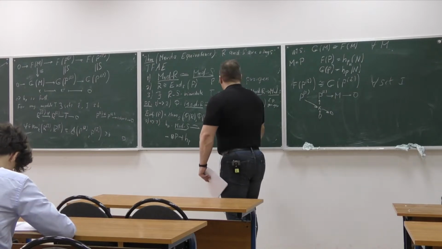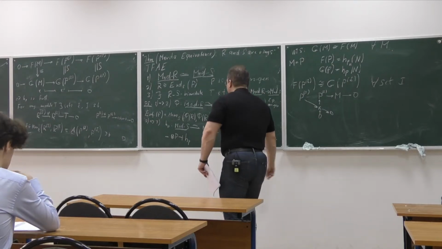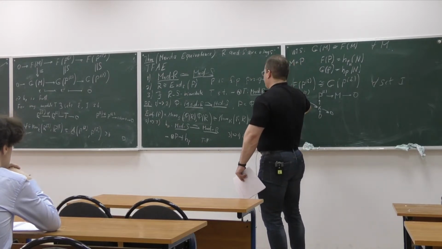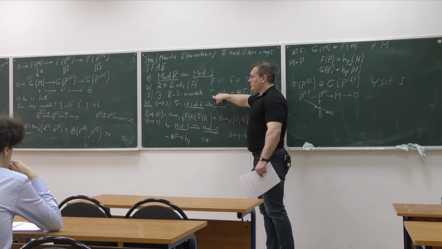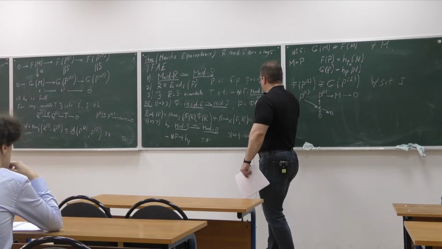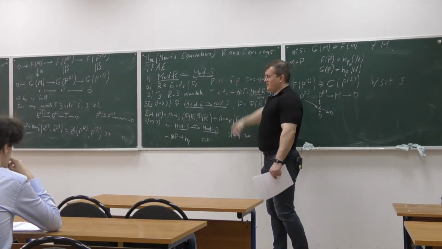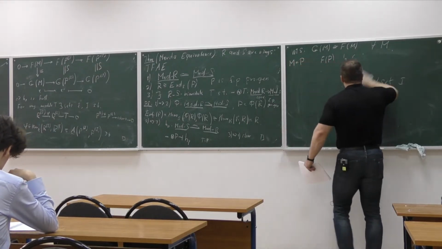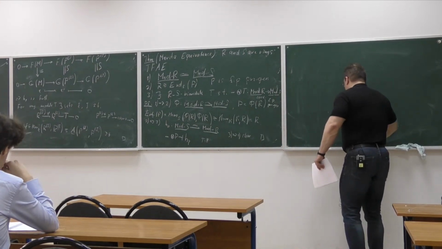Now, 3 implies 1. This doesn't require any proof. Right? I think I said this, but it's not on the blackboard. There is an RS bimodule T such that this functor tensor product with T is an equivalence. So if this is an equivalence, we just forget part of the data and say this is an equivalence.